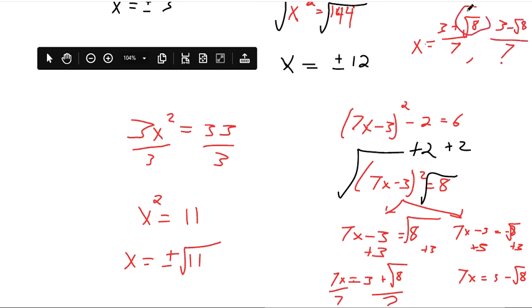But just check out this square root. That can be simplified like we said in another video. You can factor it to be square root of 4 times 2. So that means we got 3